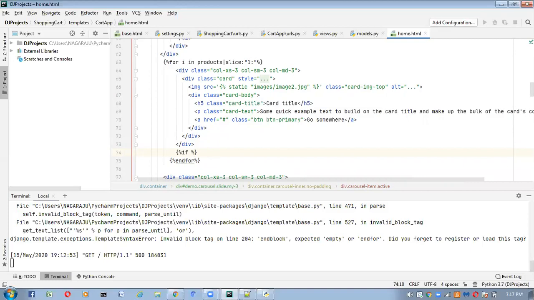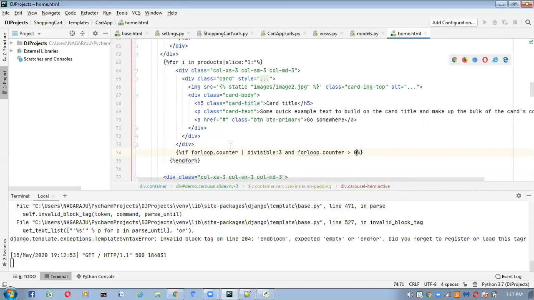See and observe this condition very carefully: if for loop dot counter is divisible by 3, and for loop dot counter is greater than 0.